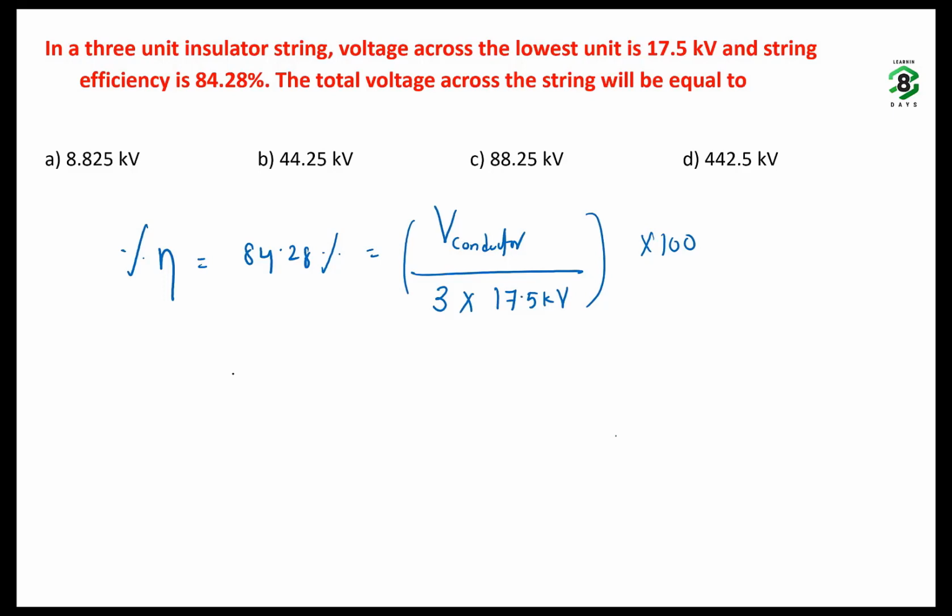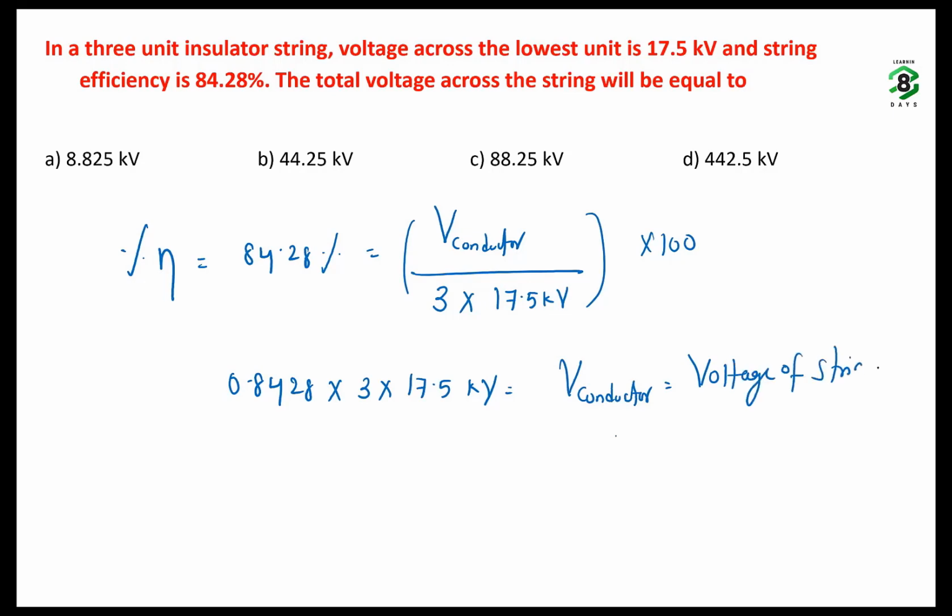So you are going to get 0.8428 into 3 into 17.5 kV as the voltage of the conductor. Voltage of conductor is nothing but voltage of the string. So what is this value? What is the answer? So 44.25 kV is the right answer. The voltage across the string is equal to the voltage of the conductor. It is 44.25 kV. So gentlemen, with this insulator system,